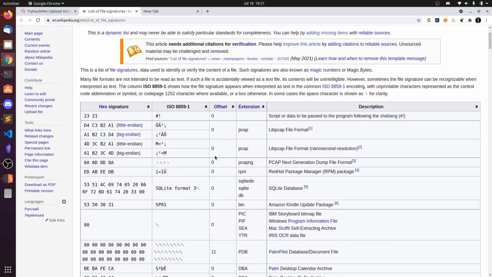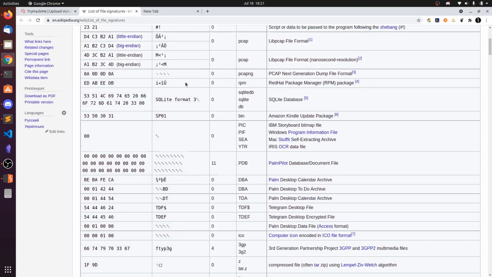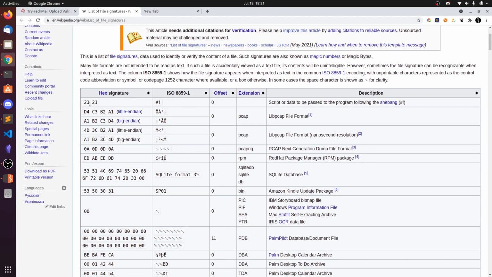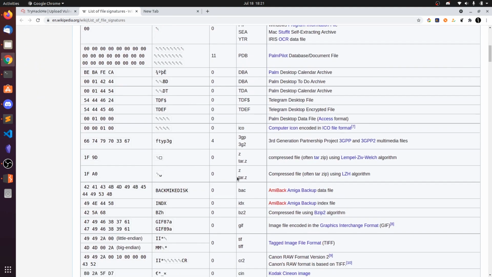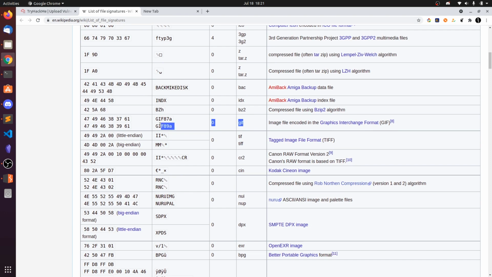Here you can see different hexadecimal magic numbers, and if the file starts with these bytes, it is identified as that type, for example RPM, pcap. And you have GIF extensions too. If the content starts with this, it will identify as a GIF.